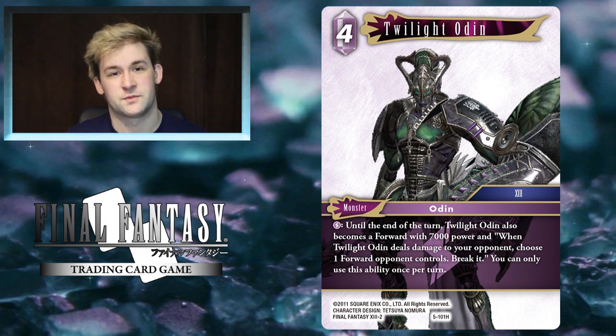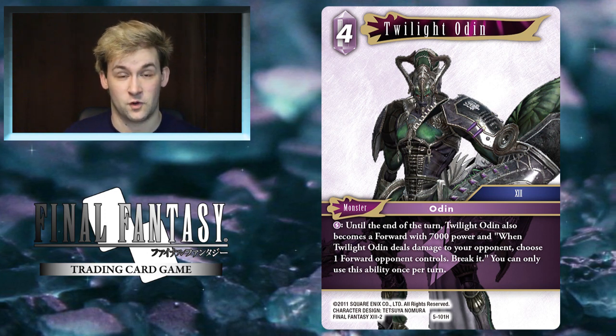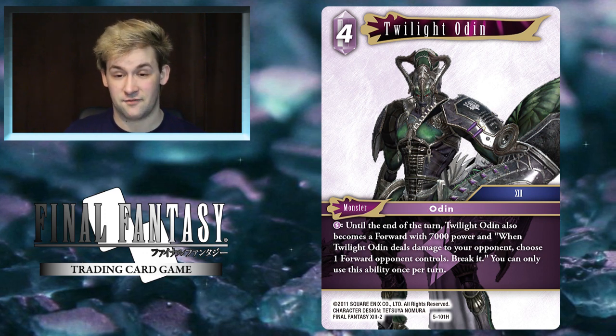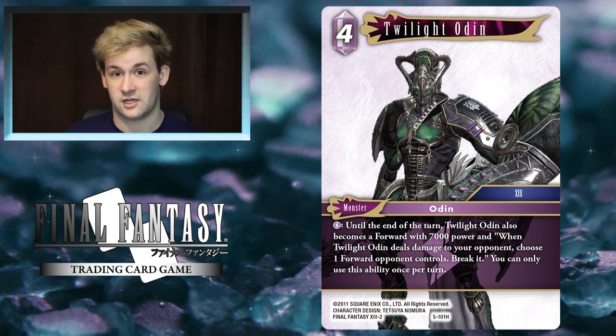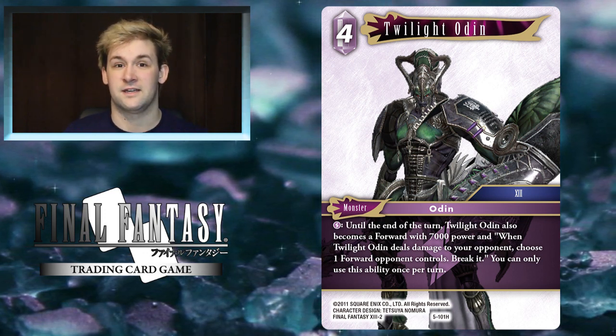Now the first thing that I noticed with this card is that it's a monster that turns into a forward, which we have had some versions of before in Opus 4, cards like Mulbara, Bomb, things like that. And a lot of these cards have a lot of perks to them that you might not necessarily think about. For example, they dodge a lot of removal that's currently present in Final Fantasy TCG, usually things like blanket removal